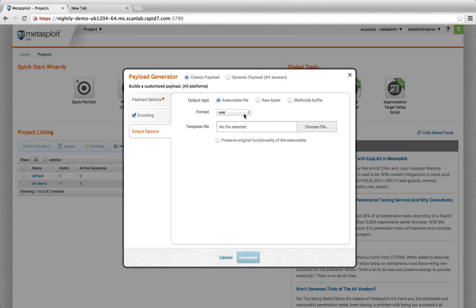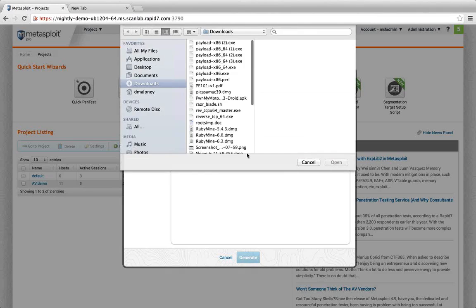And then we have our output options. So we can generate it as an executable, and then we get all our executable formats selected here. We can do it as an EXE, a DLL, ASP page, a PowerShell script, VBS, you know, what have you. And if you select an executable, an EXE, you have the option to upload a different executable template. So, for example, if I wanted to embed my payload in calculator or calc.exe, the Windows calculator, I could upload